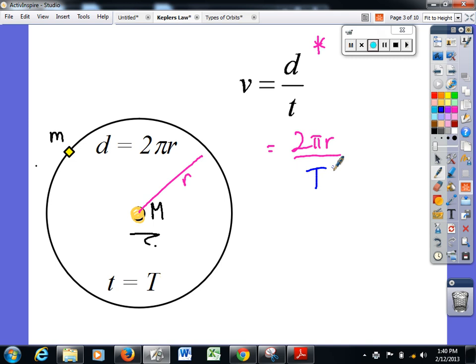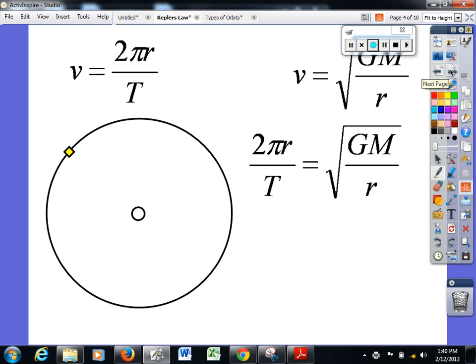So, if this was the Earth, then T would equal 365 days. If this was the T for Mercury, it would be 88 days and so on. Are we okay with that? So, there is the velocity of an object in orbit around any circular motioned orbit. Rightio. Now,